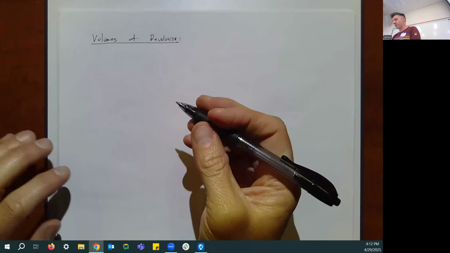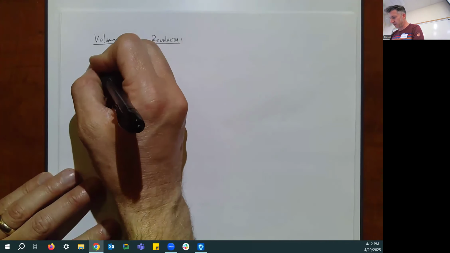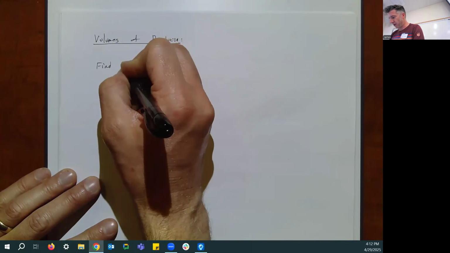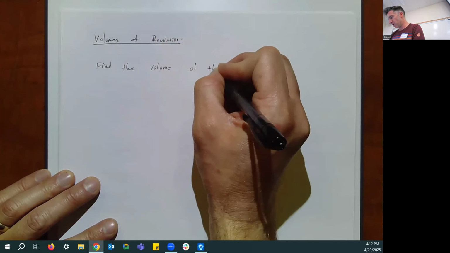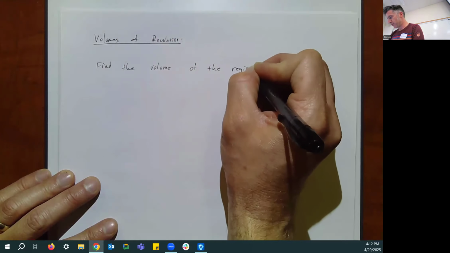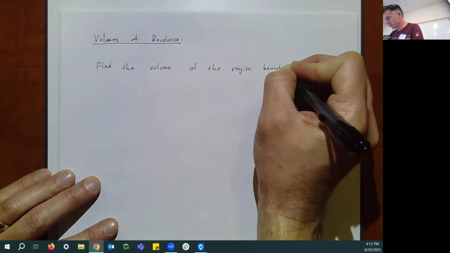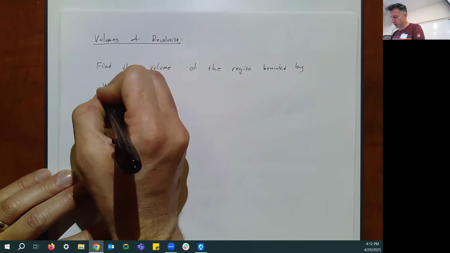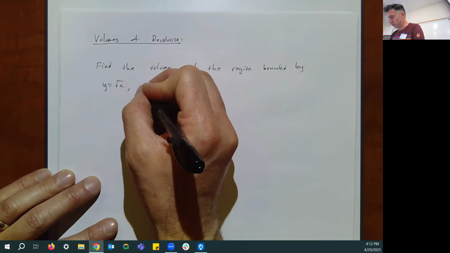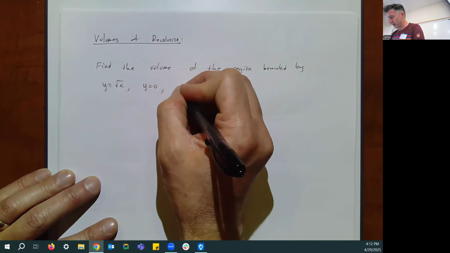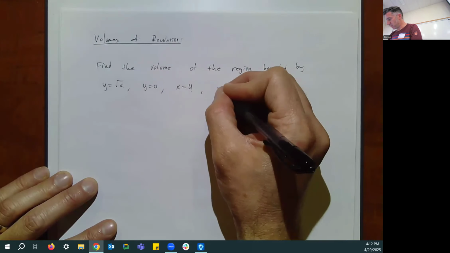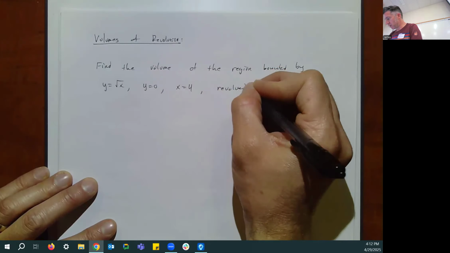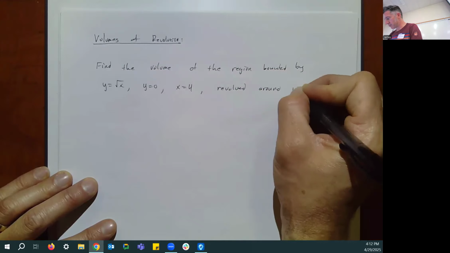So, let's do the following. Let's find the volume. We'll actually use that same region, the region bounded by y equal to root x, y equal to 0, and x equal to 4, revolved around the x-axis